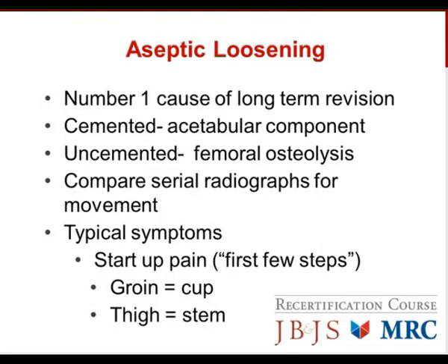Moving on to aseptic loosening. Aseptic loosening remains the number one cause of long-term revision of total hip arthroplasty. As mentioned earlier, the cemented cup tends to fail at a higher rate than the cementless implant. With uncemented implants, look for femoral osteolysis. Serial radiographs can be very helpful in terms of looking for loose implants, both clinically as well as on your